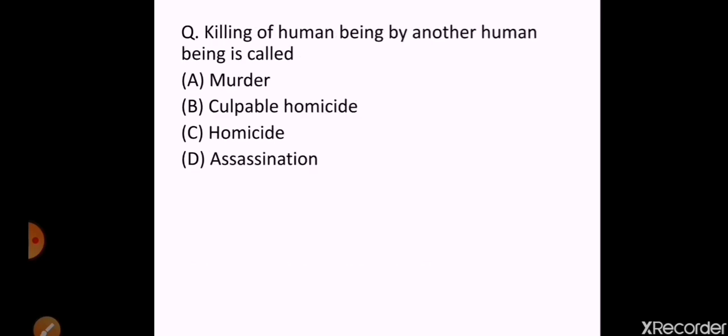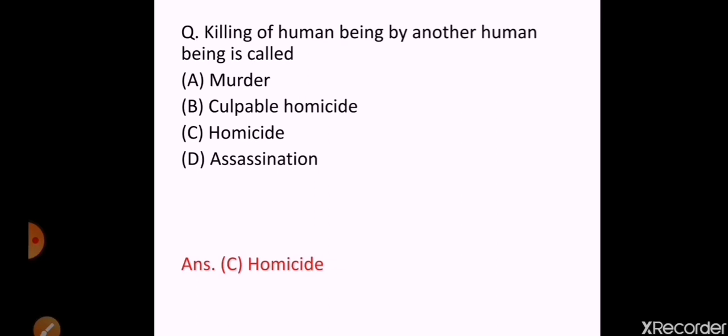The next question is, killing of human being by another human being is called option A. murder, B. culpable homicide, C. homicide, D. assassination. So here you may get confused between the options. Let me tell you the correct answer. It is C. homicide. Although I have discussed in the previous question, so you must have got the right answer,